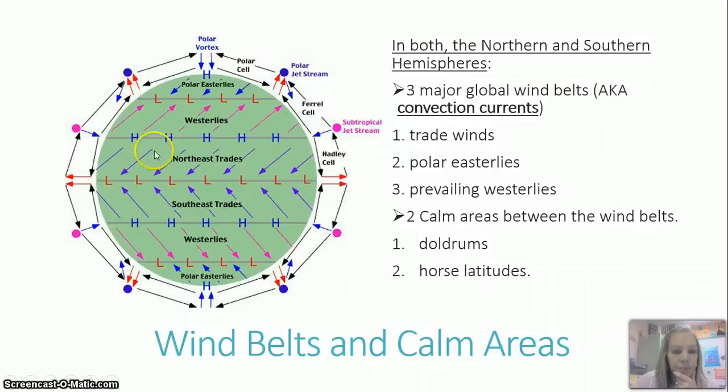But also, at 30 degrees north and 30 degrees south, you need to write in horse latitudes. So in these two areas, the air actually is sinking. This is the part of that huge convection current where air sinks. And that is because it's cooling air. So we are going to move on later in studying a little bit more detail about